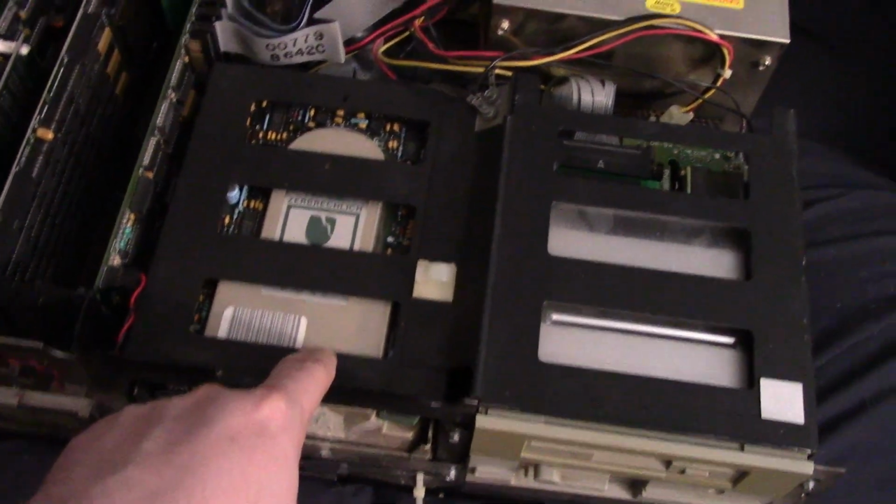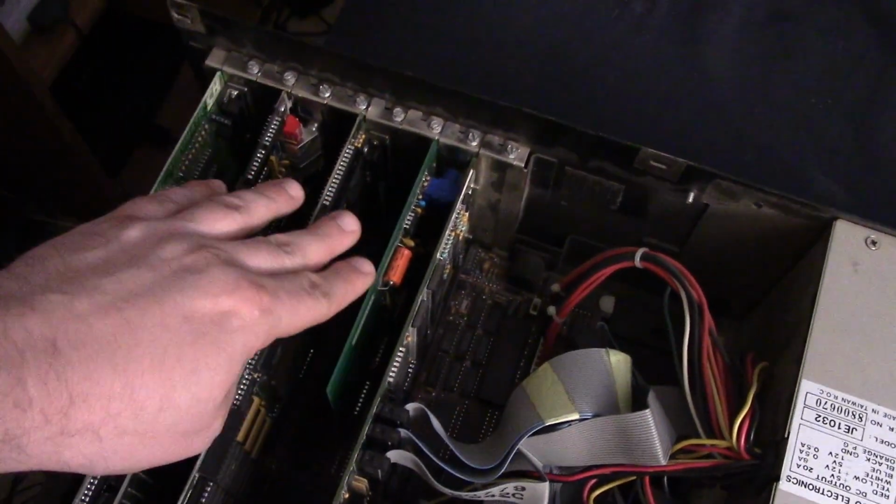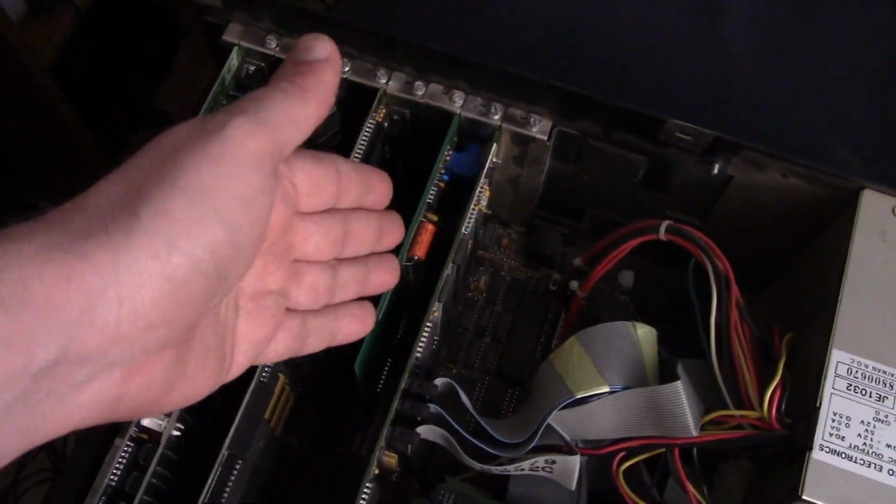We got our hard drive. So here we have our hard drive controller card. Next up, for sound, we have our Adlib card, which I still can't believe I came across an